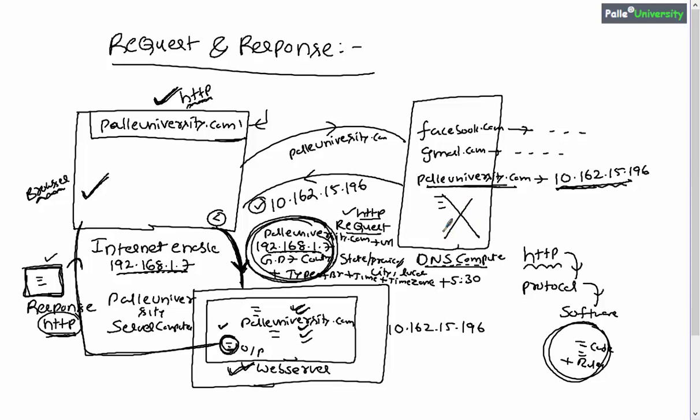While explaining the web technology related concepts, I will not be showing the DNS computer every time from now onwards. Why? Because definitely DNS computer must be there, and DNS computer is the one which is responsible for giving the IP address of the corresponding web server computer. So just to simplify my explanation, from now onwards I will not be showing the DNS computer. I will be just showing the browser and I will be showing you just the web server, but not the DNS. But anyhow, DNS must be definitely present. So DNS will be there for identifying the IP address of corresponding website computer. I believe you understood.